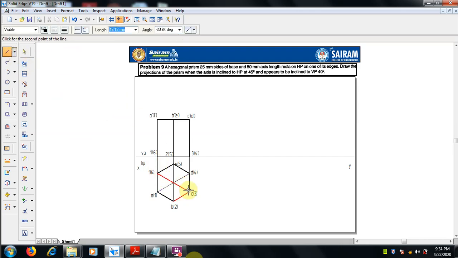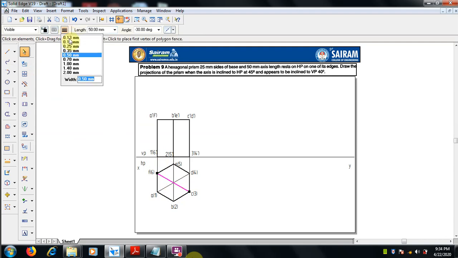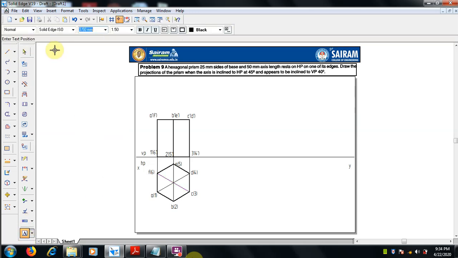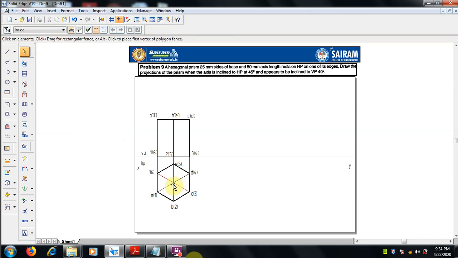So we can draw the medians, 0.13 mm thickness, so there is an intersection there. We can get the top view axis, we have to mention it over there. O is visible, and O1 which is the bottom.